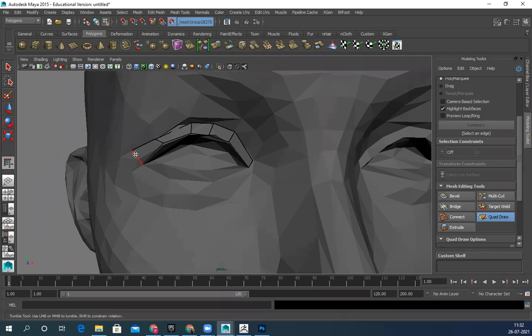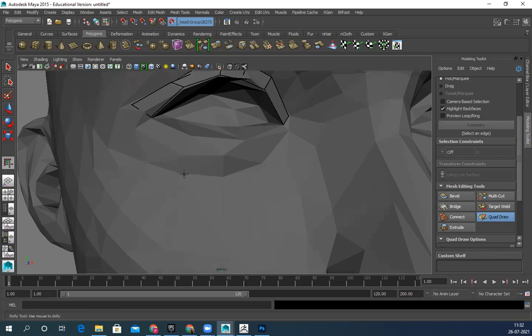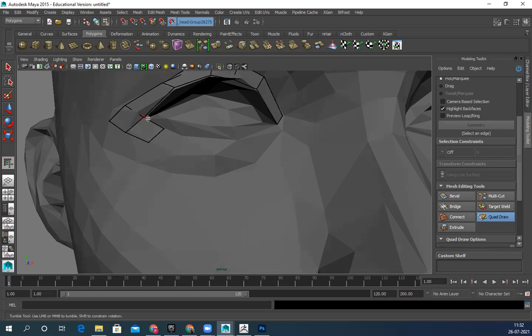Create this. So see, a lot of people, what they do after this is create a line like this and then create another, and they say this is a loop, but this is not a loop. This is wrong. It should be a continuous loop.